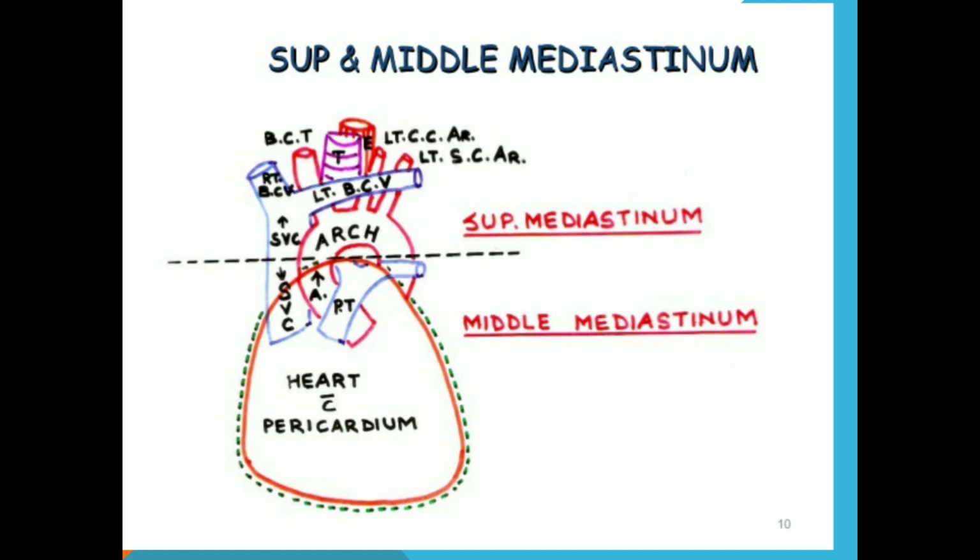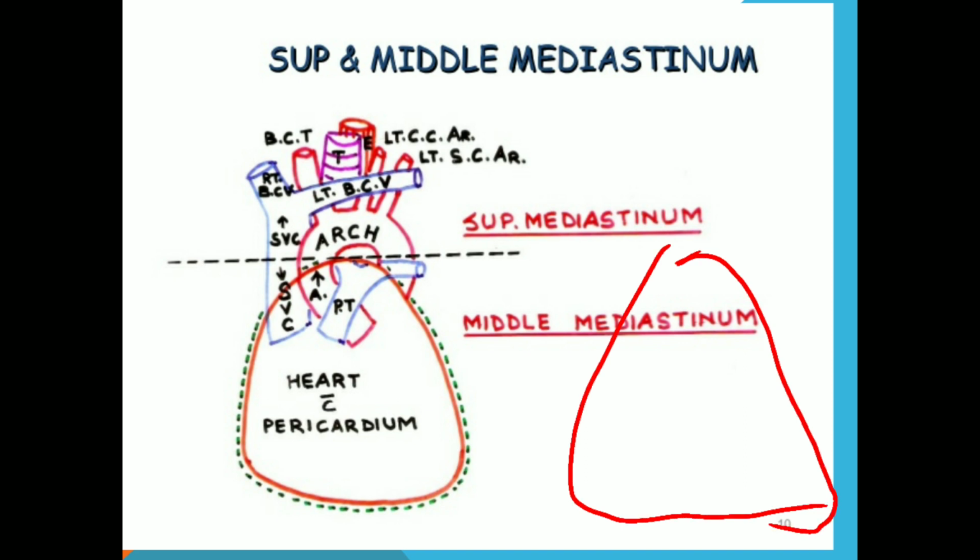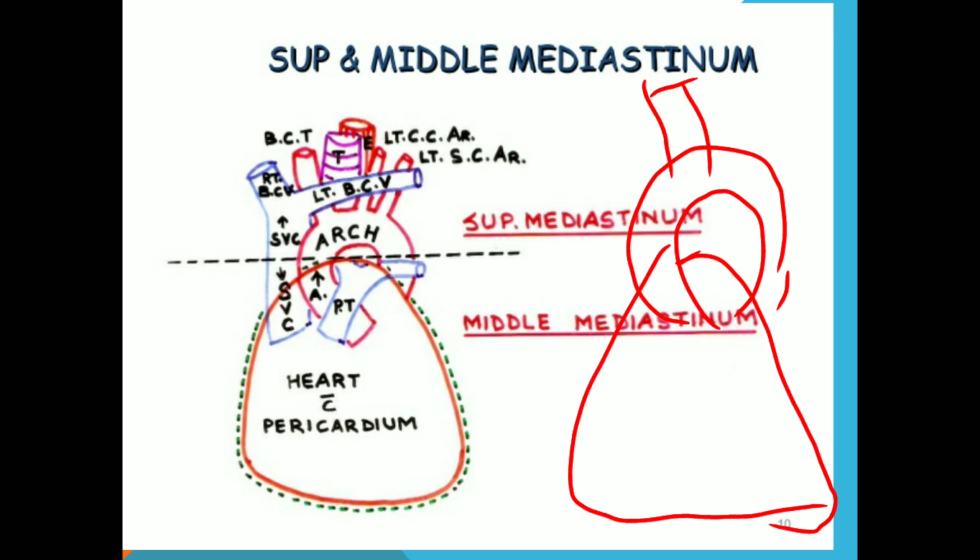So see here, this is a drawn diagram that you are looking at. This is the heart. We draw a heart in this way and see the vessels. You can see the big arteries, and they are all present in the superior mediastinum. This is the arch of aorta. Here you can see the branches of the arch of aorta. They are called the brachiocephalic trunk, left common carotid artery, and left subclavian artery. This is the arch of aorta.